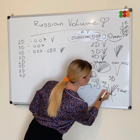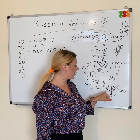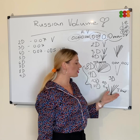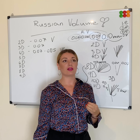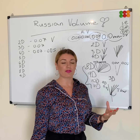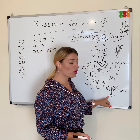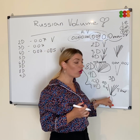5D, 0.10, it doesn't exactly mean that if you add it together, that's going to be 10, 20, 30, 40, 50. That doesn't mean exactly that, because those lashes are more lightweight. So, but it's still going to create, it's just an example, I don't know, 0.30, 0.25, which is really, really thick. Okay, and we want to avoid that, because it's not only going to damage the natural eyelash, but also